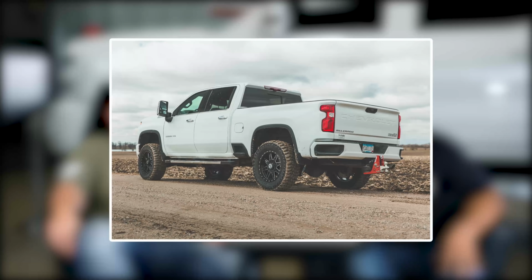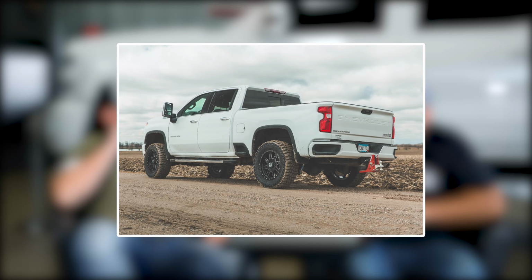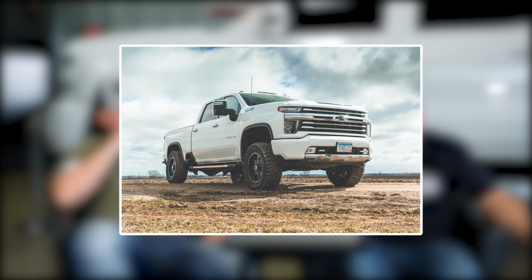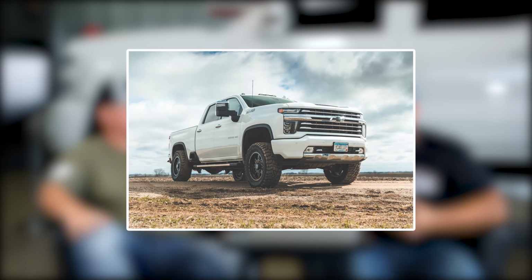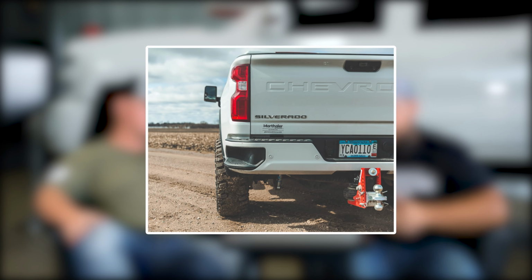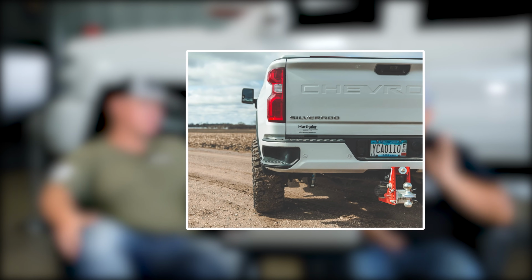All right, it's cool, but I know I got you beat. I also picked the 2021, but this is a Silverado 3500 HD owned by the one and only Zach Johnson, AKA the Millennial Farmer. It's fantastic. 2021 Silverado 3500 HD. It's on 20x9 plus 0 Anthem Rogues and Cooper Discoverer STT Pros and a 35x12.5 R20, of course. In terms of suspension, we did a 2-inch Kryptonite Stage 3 leveling kit with the Bilstein shocks, upper control arms, ball joints, and of course